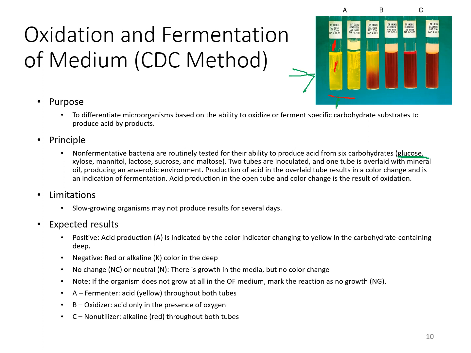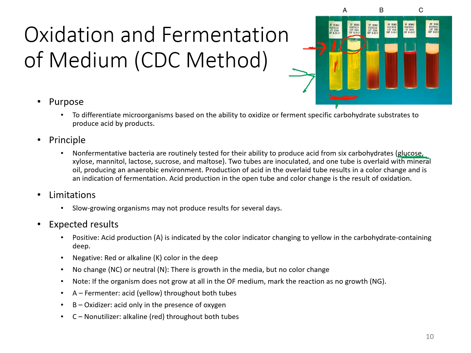So you can see that these two tubes here, both of them are labeled A, where you have one tube that has no oil laid on top, and then you have one that does have a little oil layer on top. And so what that oil layer, that mineral oil, does is create an anaerobic environment. And so if there is any sort of color change, like an acid production, then it will produce a yellow color change. And so what our results would indicate is if we're having an acid production that's indicated by that color change,